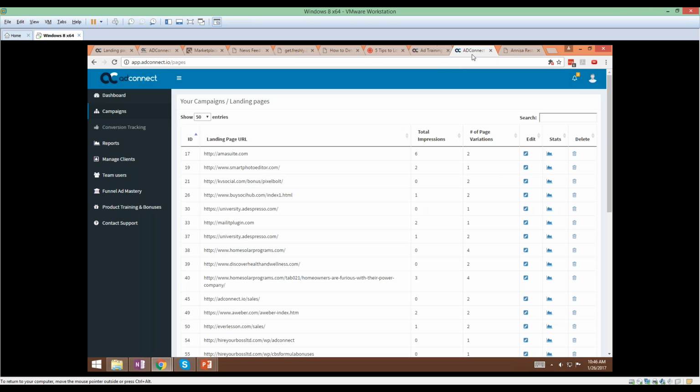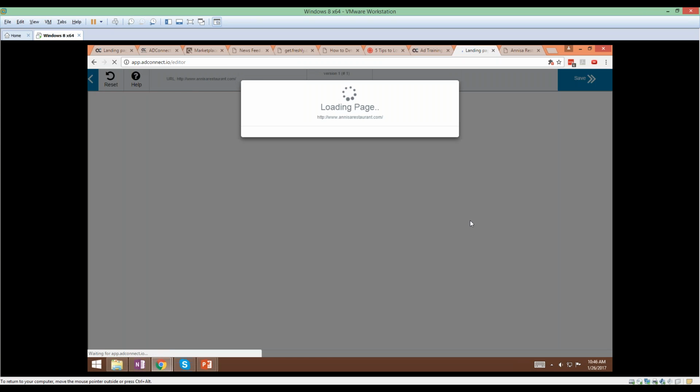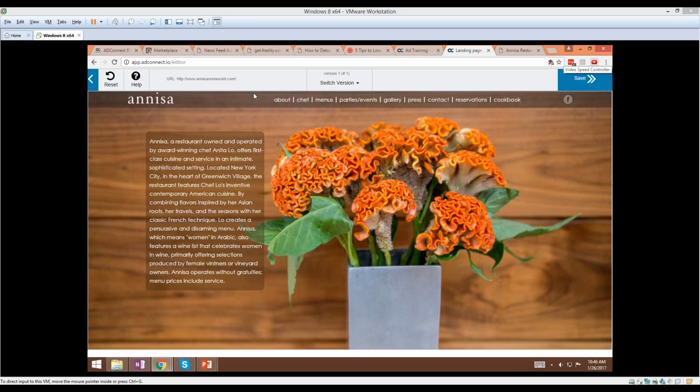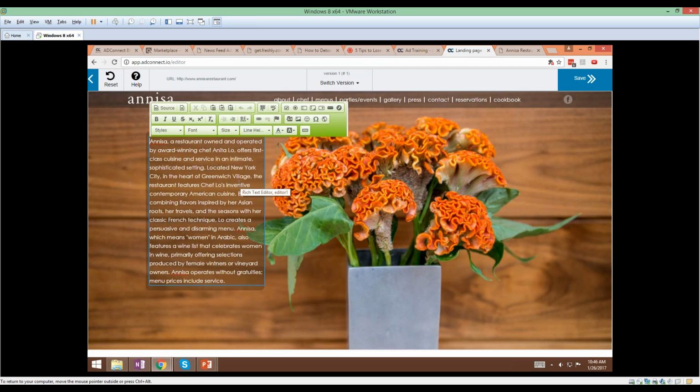So what you can do is the next best thing. You can load this site up here, and you can create variations right within AdConnect. And when you create those variations, you can download the HTML for those variations, and you can then send them a copy of that. So let's say you look at this text and you think, this doesn't read that good. As a copywriter, I wouldn't write this. So let's change it up like this,